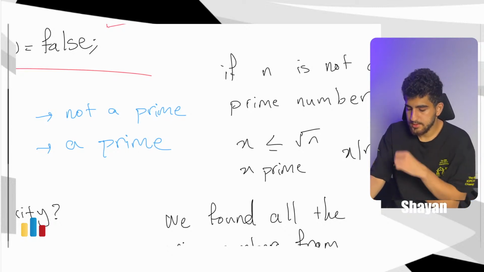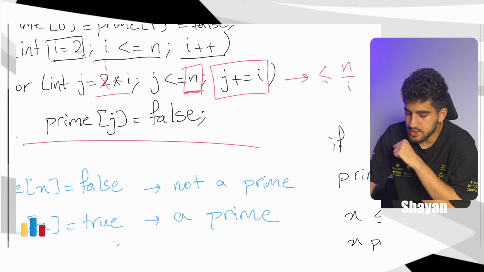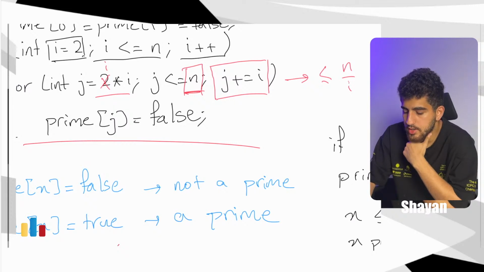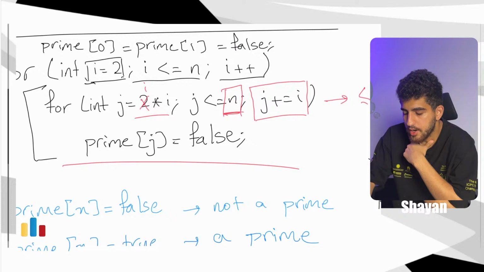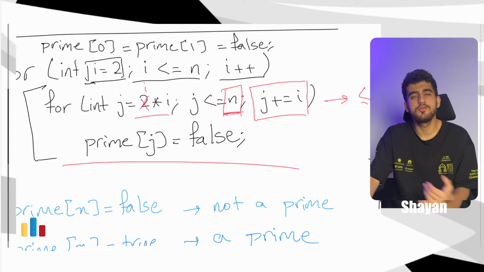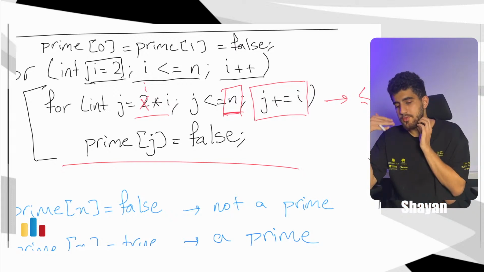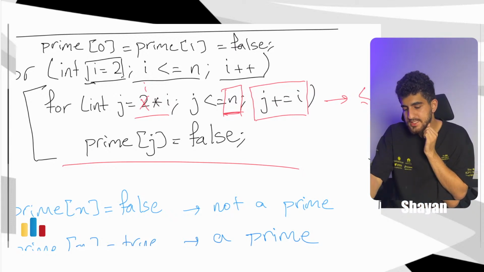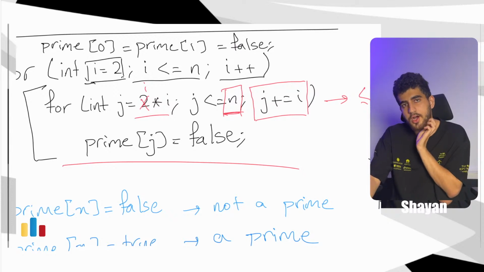So this generally means that you can just do it for all the prime numbers in here. So you do it only for i's which are prime. And for them you start from i times i, not 2 times i, because you want to go to only those j's such that i is less than or equal to the square root of j. So you start from i times i.